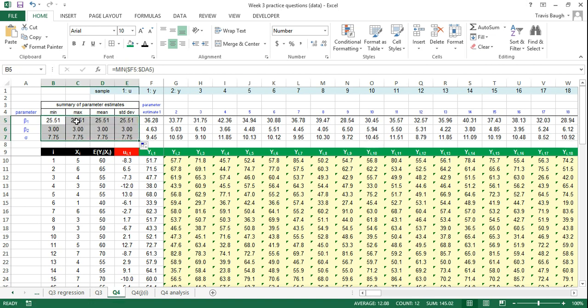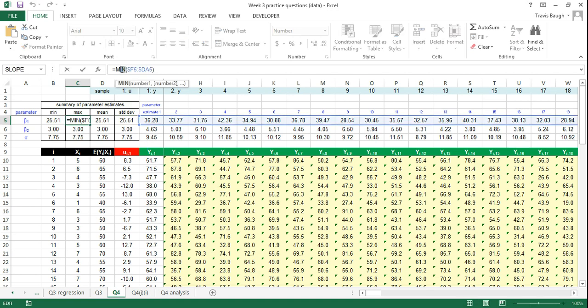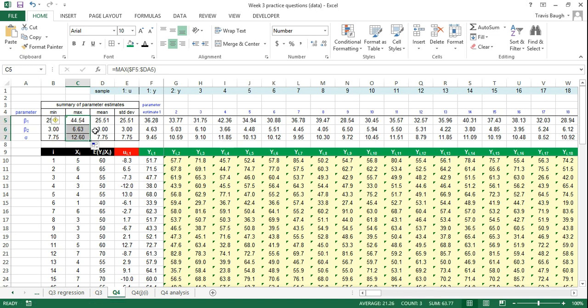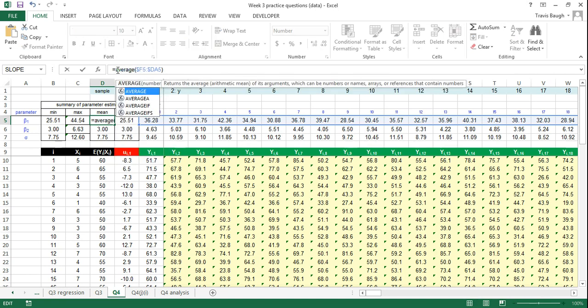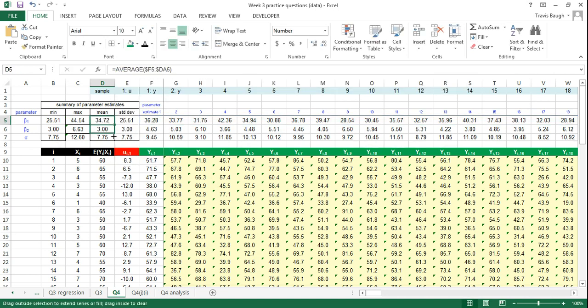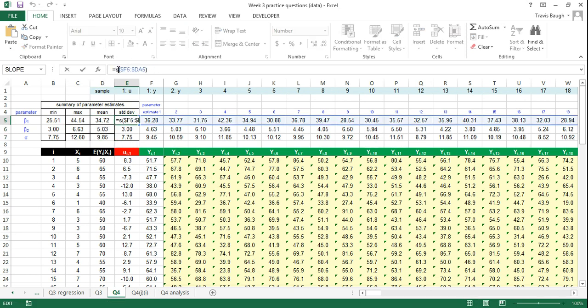And at the moment it's producing exactly the same answer, which is good, because in each one of these at the moment it's calculating the minimum. And now I'll just backtrack and change that function. Well, if I want to find the maximum, I should use the max function, and that's that job done. If I want to find the mean rather than using the minimum, I should use the average function. Copy that down. And if I want to find the standard deviation,